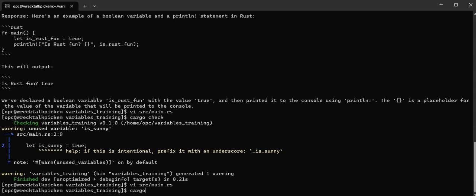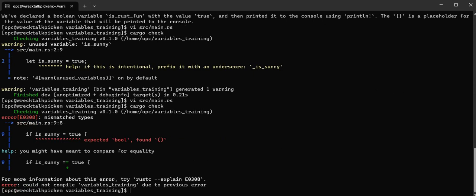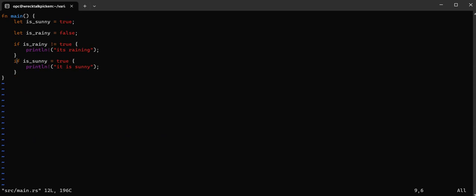Let's try our cargo check again. And we didn't actually specify the two equal signs. So for a conditional expression, we need to have two equal signs. So if we go back and we correct that,